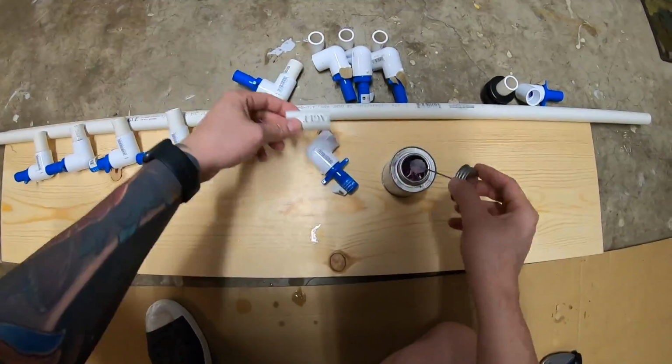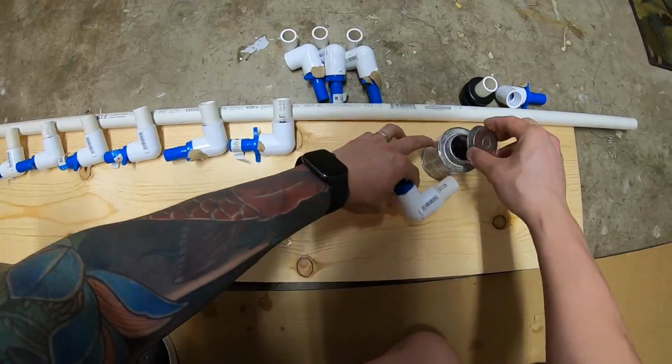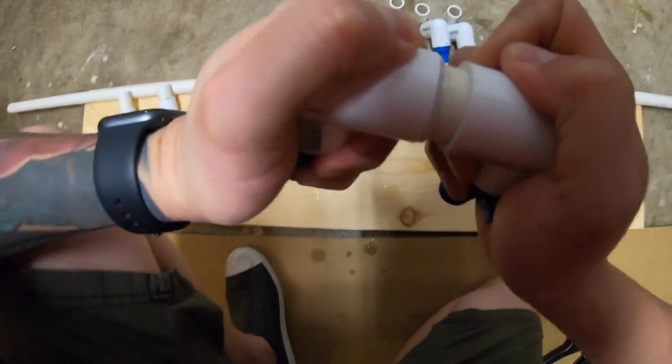Yeah, so I guess a little bit more background is I hope that this is providing a very in-depth look at what it takes, at least in my fish room, to install a...